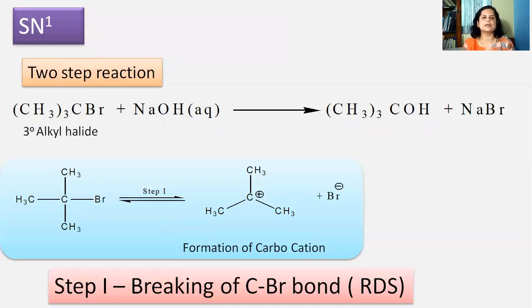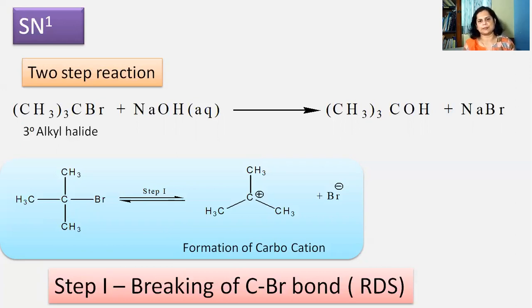See the steps involved in the SN1 reaction. It is a two-step reaction. The first step is formation of the carbocation, and in the second step, it forms the product. So first, the tertiary butyl bromide forms the carbocation by the removal of Br minus. With the removal of Br, the carbon gets a positive charge and the carbocation forms a planar geometry. In the first step, the breaking of the bond between carbon and Br takes place. It requires more time for the formation of the carbocation. Therefore, it is the rate determining step.